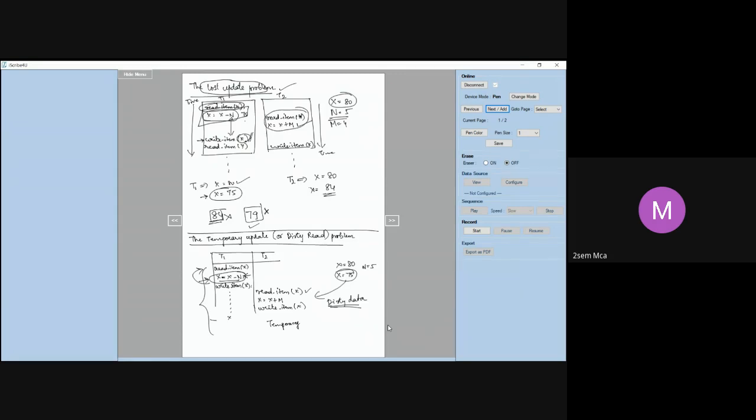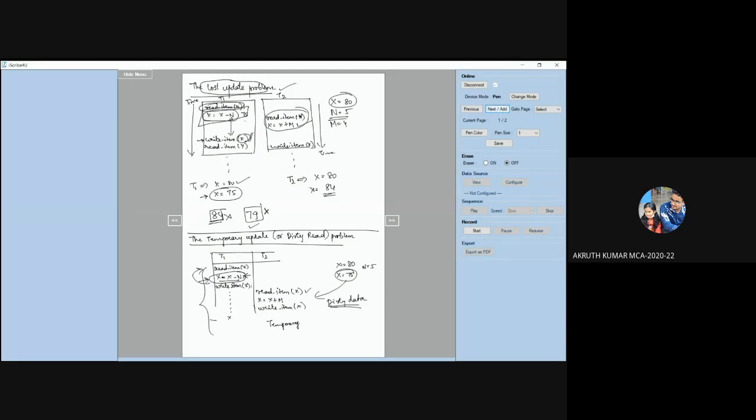If there was a concurrency control system in place, this kind of problem can be avoided, wherein you will not allow T2 to access x at all. So T2 may not have been given an option to access x. That way, you could have avoided the dirty read problem. So that is one reason why we require a concurrency control technique, this being one of the reasons. Okay. Any questions? Any doubts at this point of time?